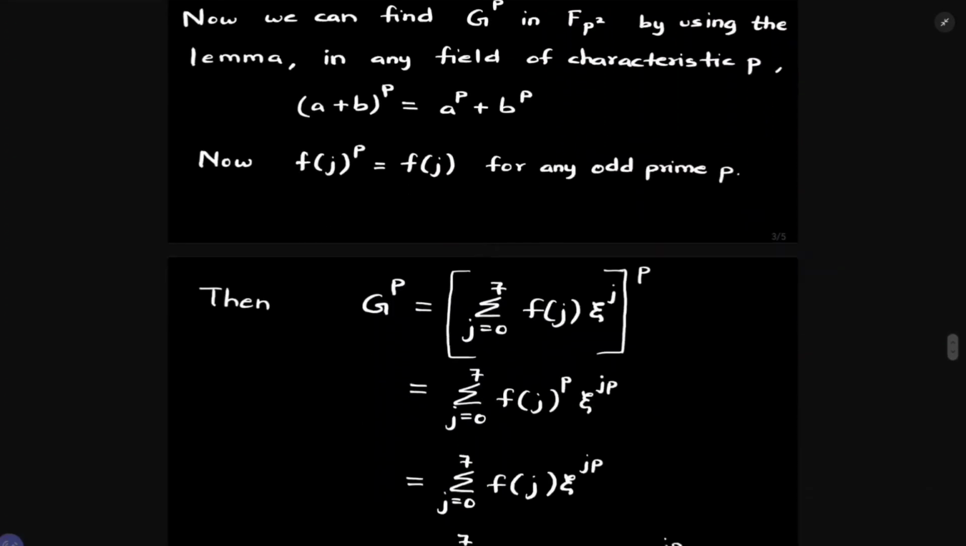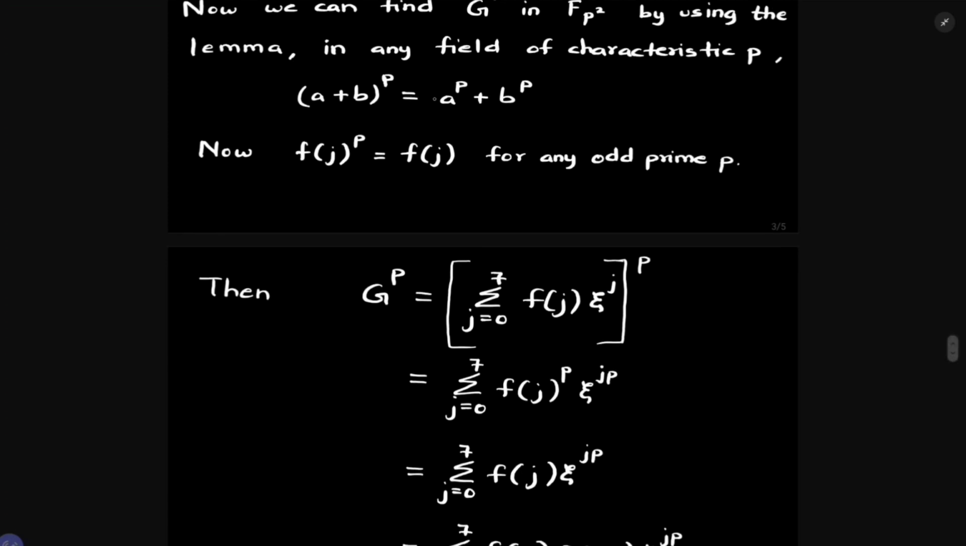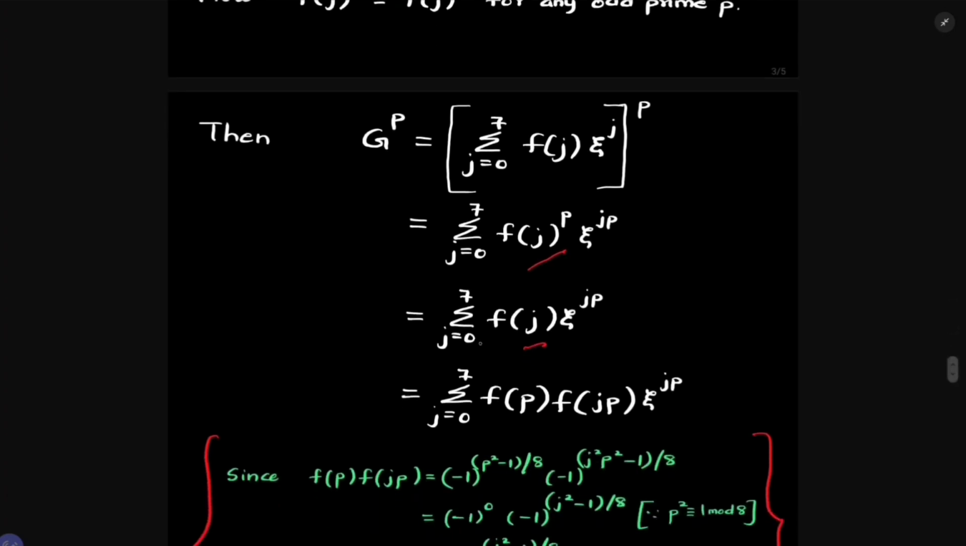Okay. Then I can write g raised to p equals sigma j is equal to 0 to 7 f of j into xi raised to j the whole raised to p. Now, since a plus b the whole raised to p is equal to a raised to p plus b raised to p, I am taking the power p inside, and I can write sigma j is equal to 0 to 7 f of j the whole raised to p into xi raised to jp. And what is f of j the whole raised to p? It is f of j. Okay. So I can write sigma j is equal to 0 to 7 f of j into xi raised to